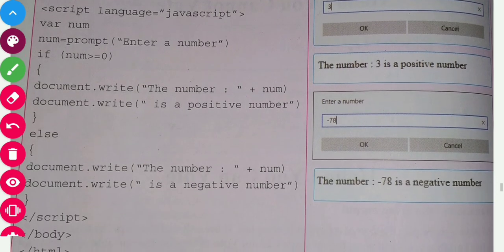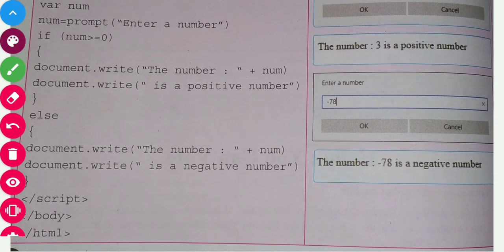Suppose this number is not positive. If a user enters any negative number, for example minus 78, negative 78, we know that the else part will execute. Why is the else part executing?